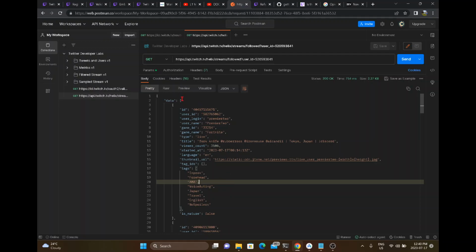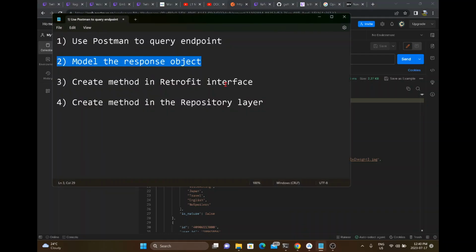You really want to be on the lookout for the square brackets and the curly brackets. Those are probably going to be the hardest things if you're not using some sort of tool to map it. Right, so then we can move on to step 3, where we want to create the method inside